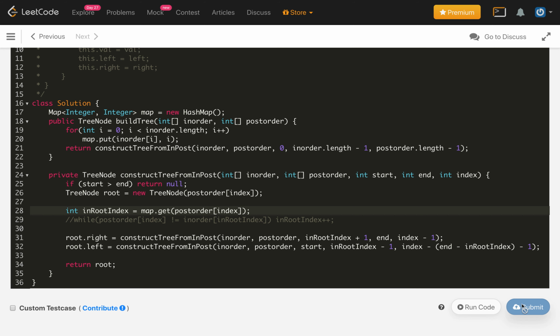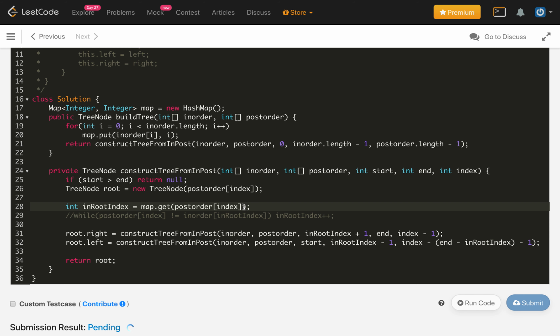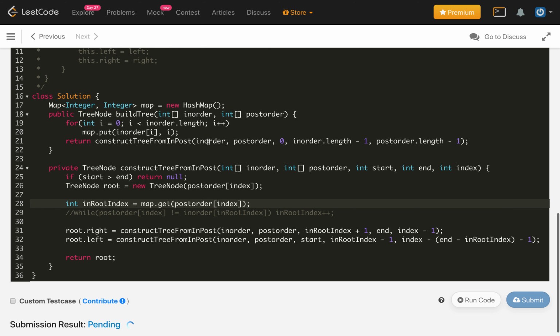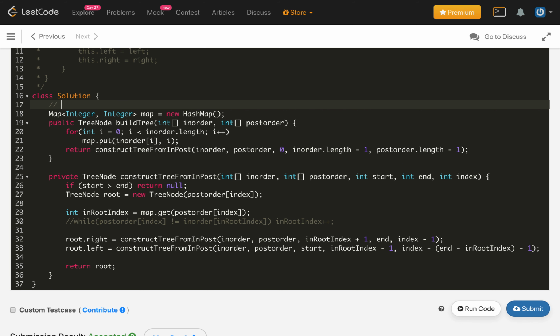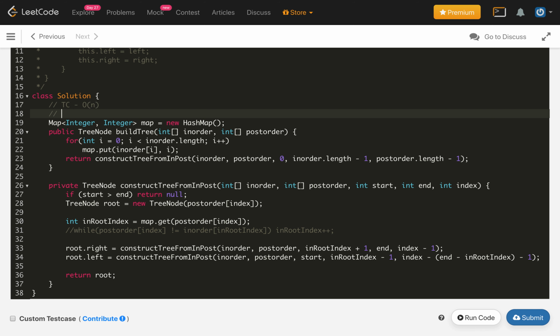Hence, if we use the hash map, the time complexity of this approach will be O of n. Once we use the hash map, the time complexity is reduced to O of n, while the space complexity increases to O of n as well. So that's it. Right now, for ease, I defined the hash map globally. You can create a local copy and pass it over the recursion calls in every method call.